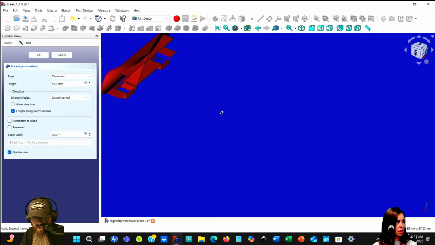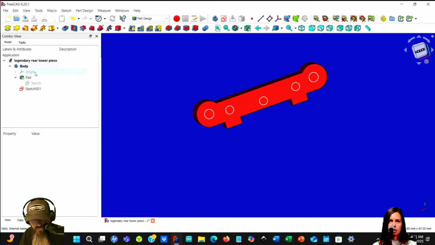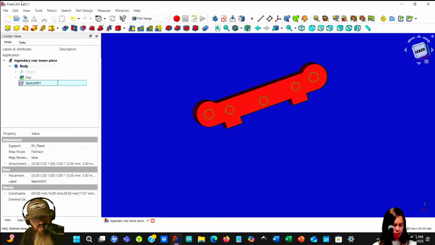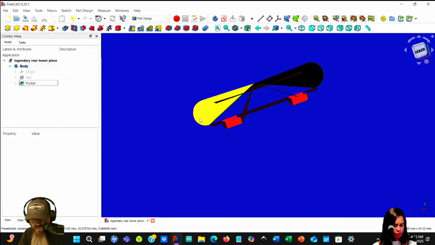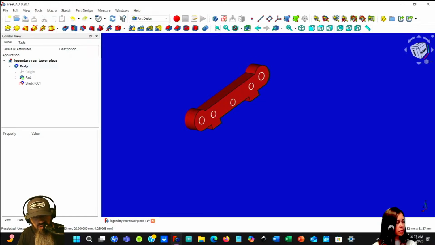Oh no, it's messed up. The model is broken. You broke it? I don't know. Let's try reloading it. Sometimes weird stuff like this happens. So what we could do is actually, let's try to pad it. I'm just going to push save. And let's try to pad it or pocket it and see what happens. If we just push OK, what happens? Yeah, so let's go Control Z and then let's close this model and see what happens and reopen it again in a minute.